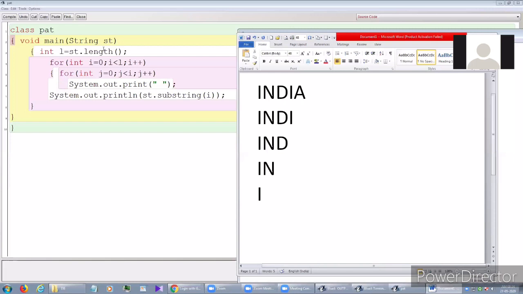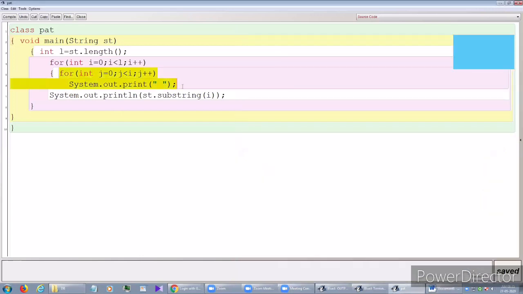Sir, J will be equal to 1. Okay, if I give J equals 1, then is there any need of the space here? No, sir, the loop is not needed. Which loop is not needed? The J loop. Okay, J loop, then I'll remove this J loop.